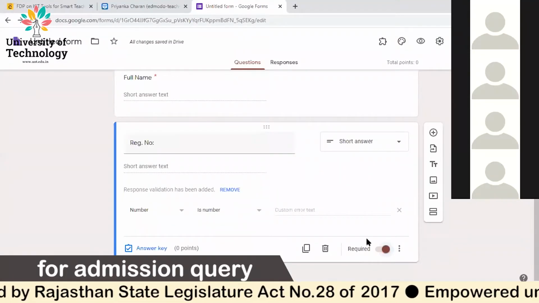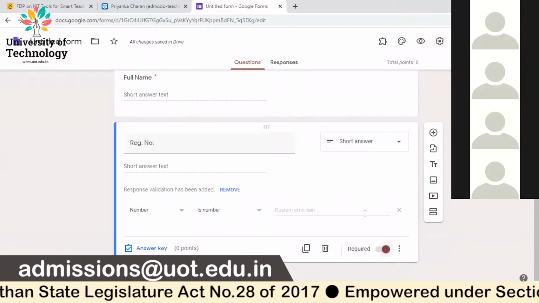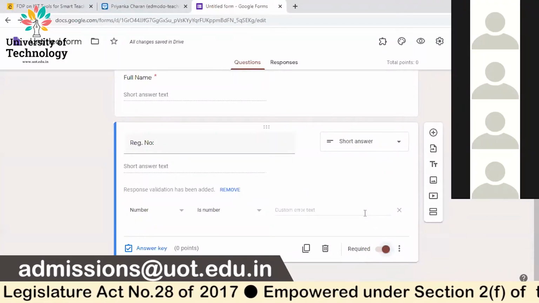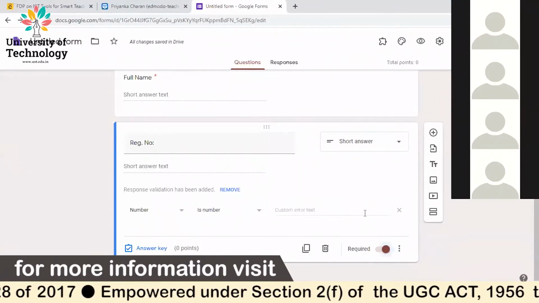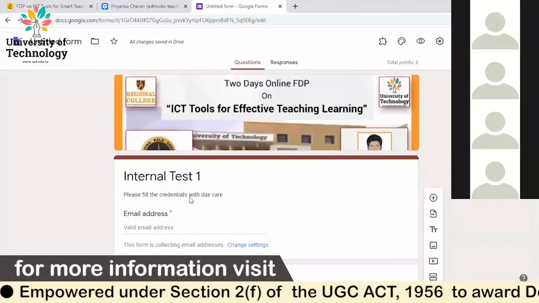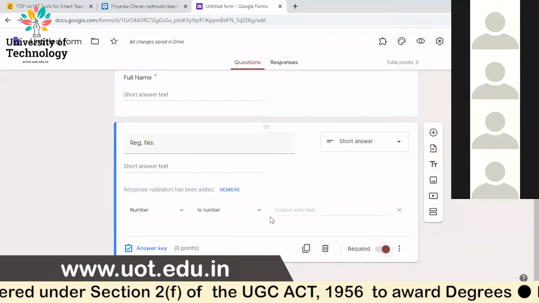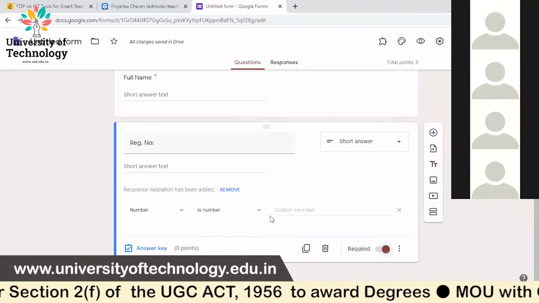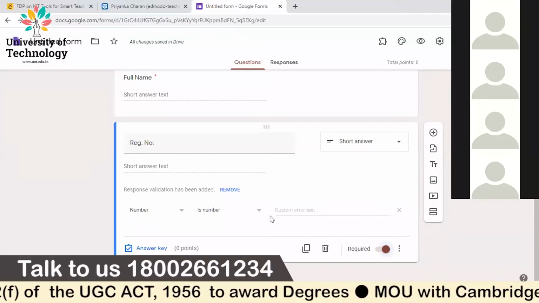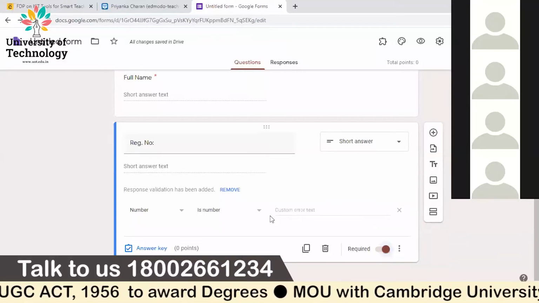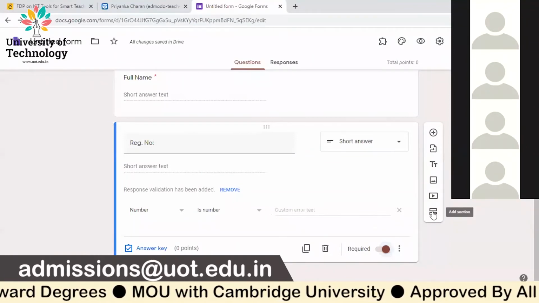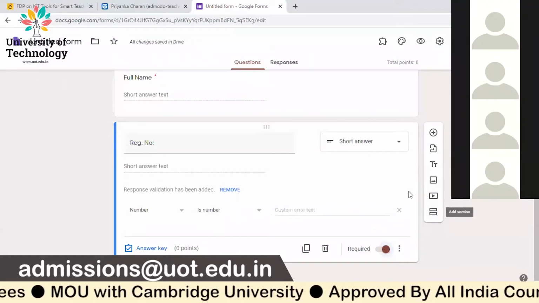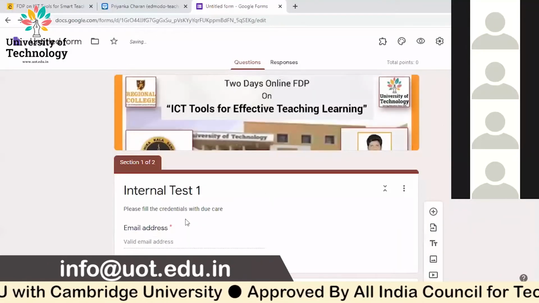So if you are using it for survey purposes, please add other credentials that you want. For example, designation and institution and other things. Okay. Am I clear to you? Now this is where the first part is over, getting credentials of the students, participants, or attendees. Now I'm going for another section for adding questions. Now click here, add section. Click here. See the next section. The first section is over. I'm going for the next section.